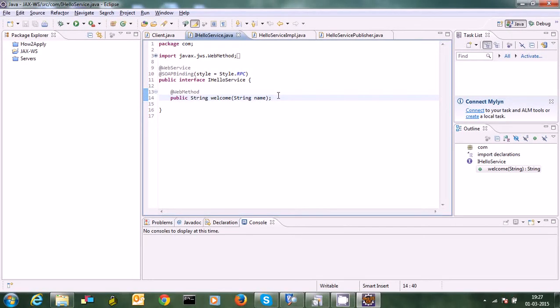Hello all, I am going to explain how we can create a Java web service without Tomcat. This can be achieved using the Java Web Service API. Okay, let's get started. So I have an interface defined and there is a method called welcome and it accepts